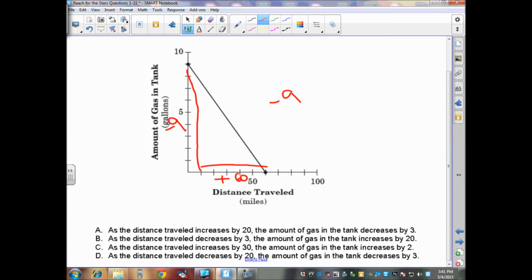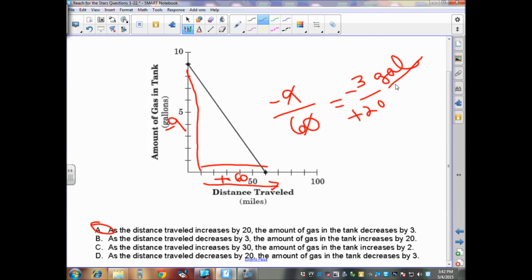I don't see that choice. But I know that we can reduce this. 3 goes into 9 3 times. 3 goes into 60 20 times. Now we can see as the distance increases by 20, the amount of gas goes down by 3. So the answer would be A,